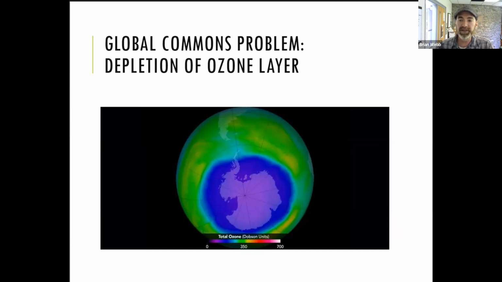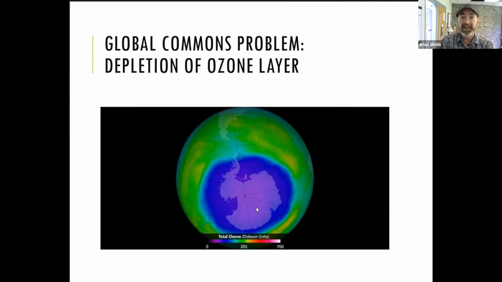So we found that certain chemicals, particularly chlorofluorocarbons, which were used in refrigerants and aerosol cans, would break down ozone in the stratosphere. And particularly, they were collecting around Antarctica and caused this big ozone hole. Basically, a place where the layer of ozone in the atmosphere above Antarctica was very thin.